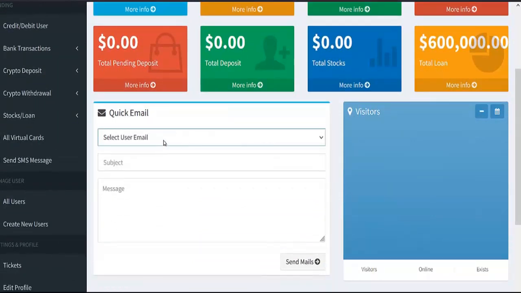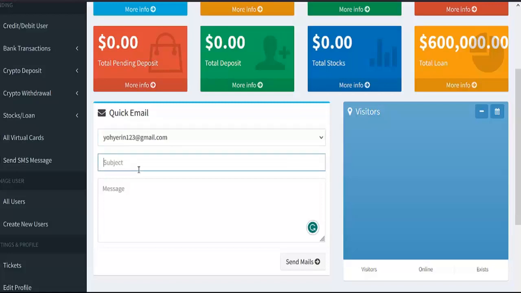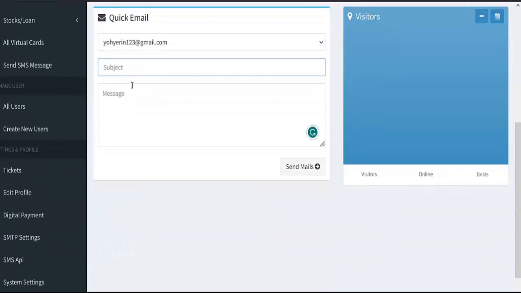Now quick mail allows you to send an email to any of your users here. In this particular bank, I only have one registered user, but when you have a lot of registered users, you're going to see all of them listed out here, and you can click any one of them and send a mail. As long as your mail setting is perfectly done, the mail is going to send immediately to the person's inbox. All you have to do is fill in the subject, fill in the message,